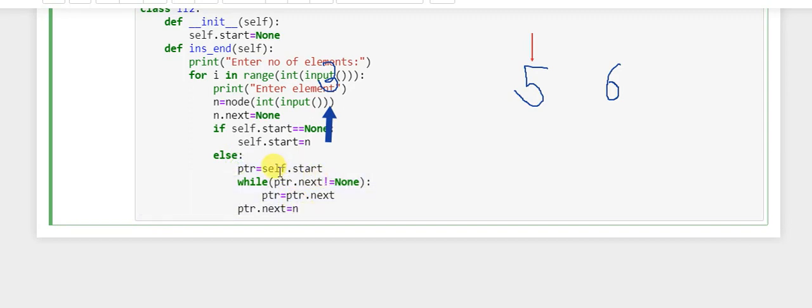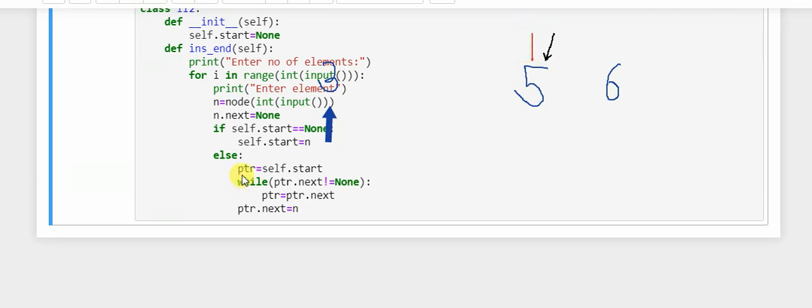So in this we have taken a new variable ptr, which is pointing to self.start here. So a new pointer ptr is going to point here. And you might be asking why we have taken a new pointer here. Why not traverse the list with this pointer here? The reason is that this element here is the first node of our linked list, and since it is insertion at end, the next node is going to be inserted at the end here. And to traverse the linked list, we want our self.start pointer here to be always fixed here.